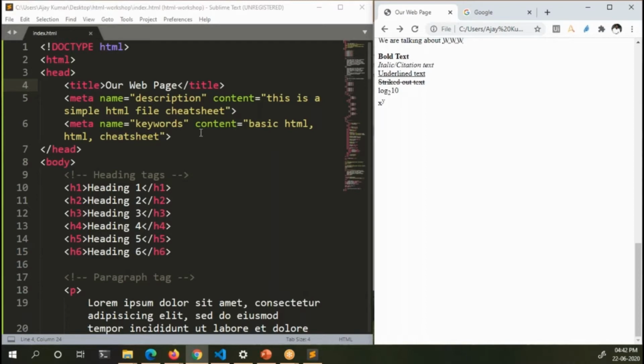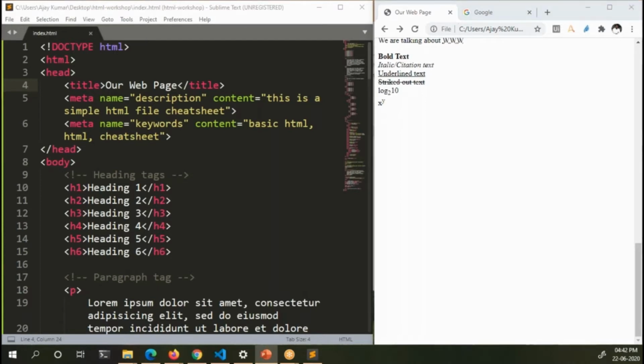For example, if a search engine wants to crawl your page and wants to know what your page contains and what are the keywords that belong to your page, the meta tags will help a lot. So these meta tags come under search engine optimization also. So it is better that you add meta tags at least for specifying the description and the keywords of your entire web page. So for now, these are the basic HTML tags.